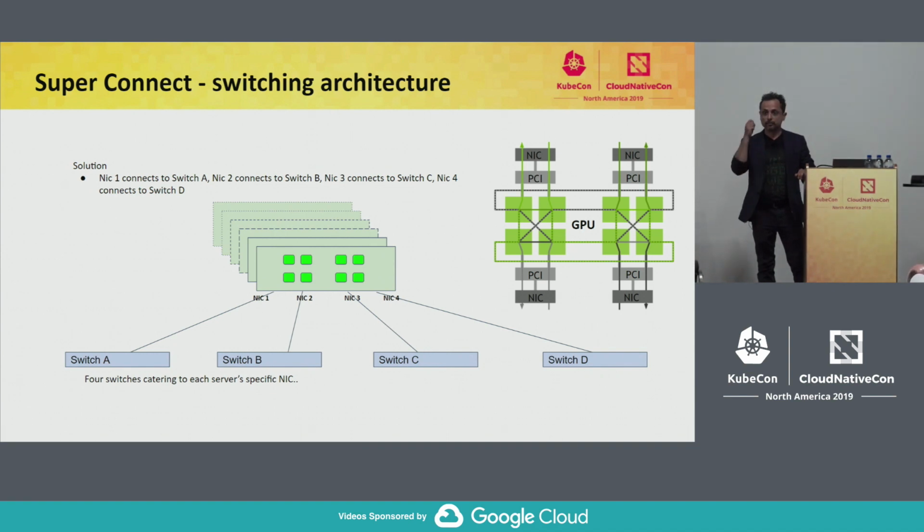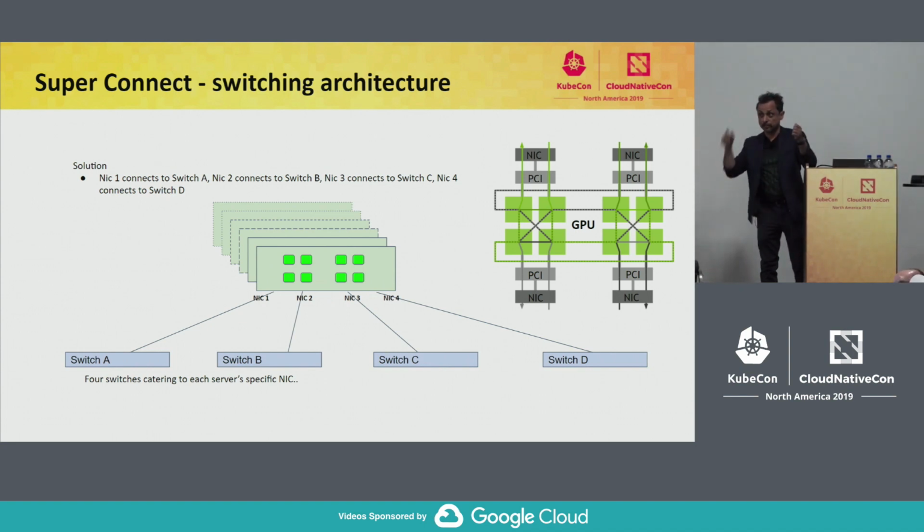Whatever information goes through NIC 1 comes out of NIC 1, covering all the GPUs, connecting all the parameters that each of those GPUs communicated. It goes to the other GPU node and communicates with NIC 1 also, and goes to the third node and communicates with NIC 1 again. All the NIC 1s want to talk to each other. All the NIC 2s want to talk to each other. All the NIC 3s want to talk to each other.